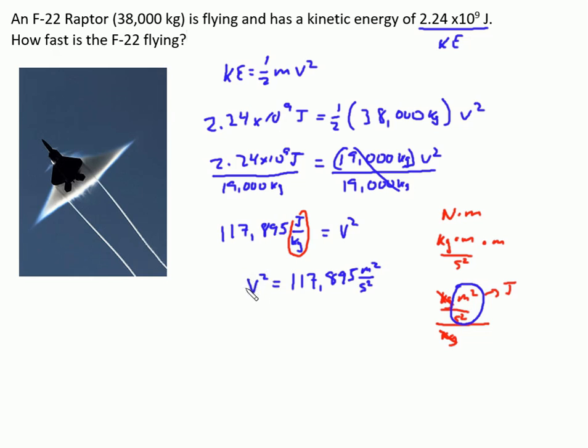And so we've got the square of the speed here. In order to unsquare that, we take the square root. So we take the square root on both sides, and we should get now a speed of about 343.4, and the units, since we're taking the square root of meter squared and second squared, we get our units of speed, meters per second. So we have this plane flying about 343.4 meters per second, which is going to be a little bit faster